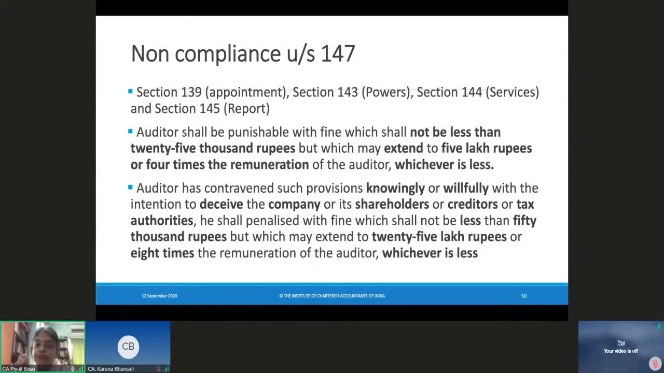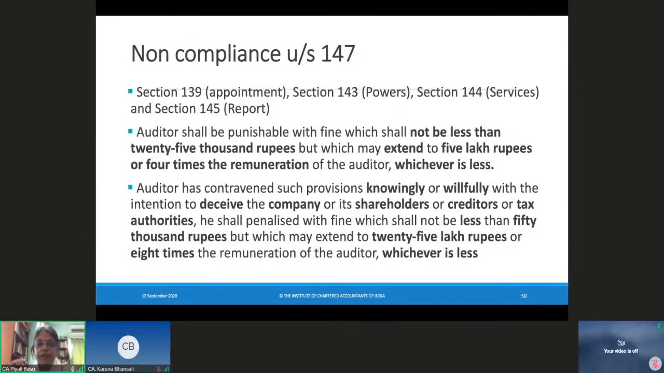The second one is to note that the auditor has contravened such provisions knowingly and willfully. The first one is that it was our mistake, but that also will be penalized. If we made a mistake unknowingly, we will be penalized. But if knowingly and willfully, with an intention to deceive the company, the shareholders, creditors or the tax authorities,